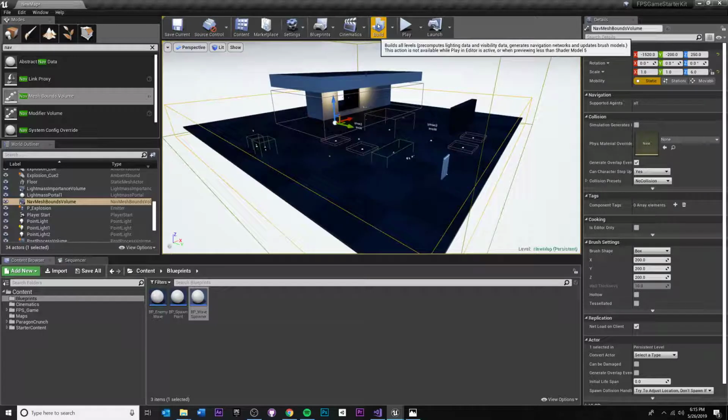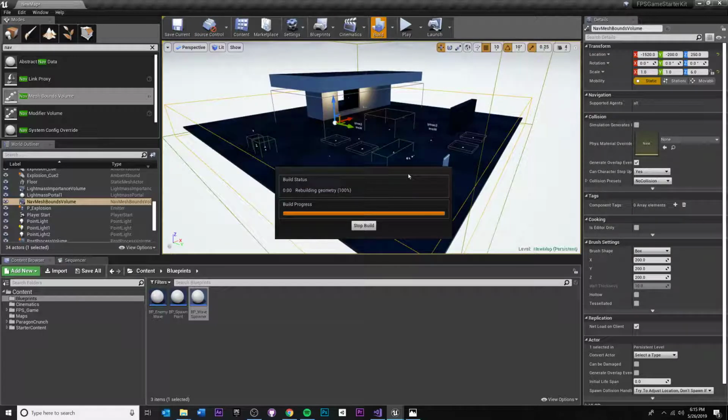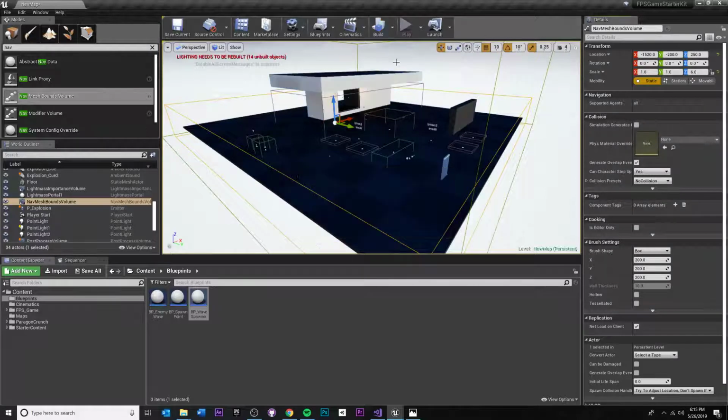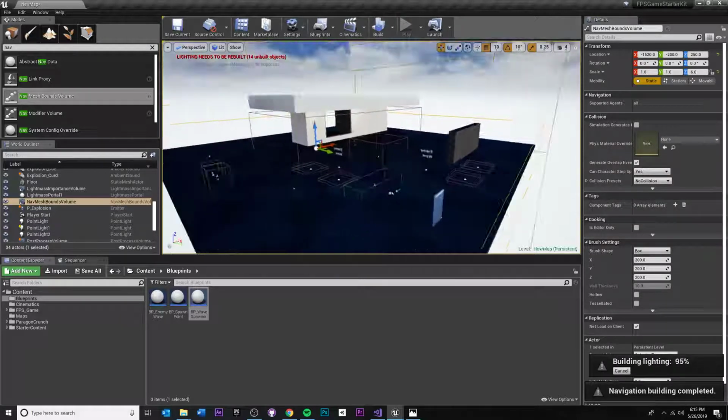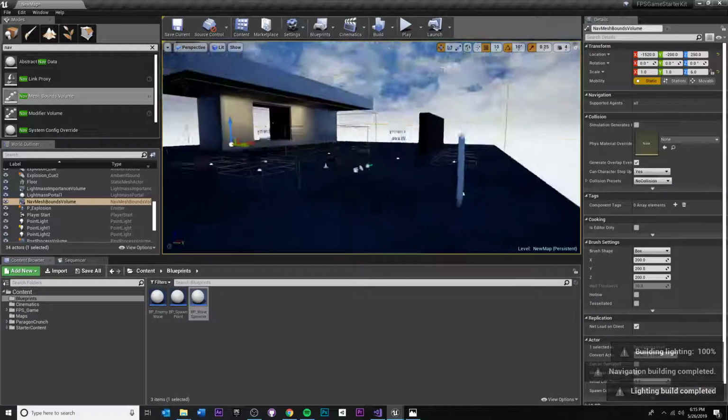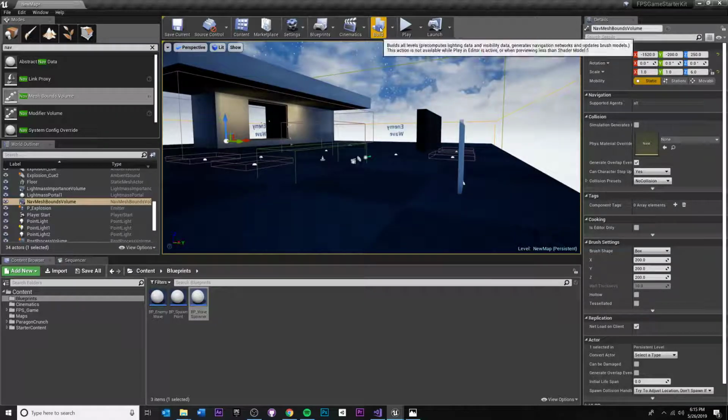And make sure you build. This could take you a bit. You could only build the geometry or only build the pathing. It's another way to do it. But in this case, I did want to build everything. And now if you hit play,